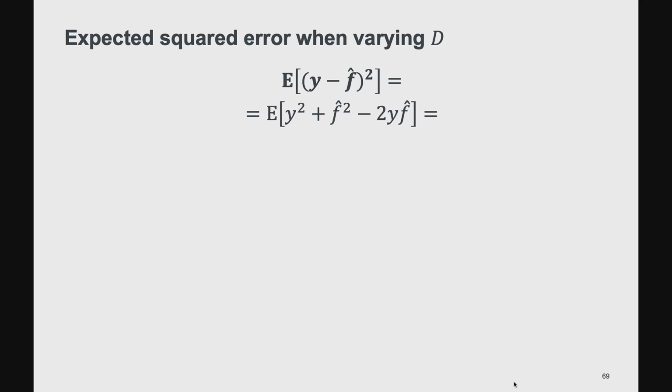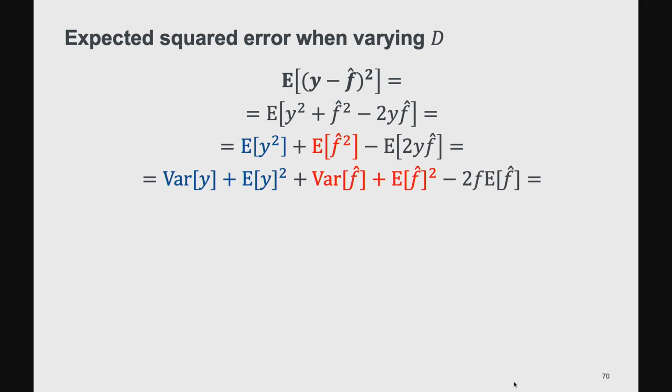And that's y squared plus f hat squared minus this term, right? Just binomial formulas, binomische Formeln in German. And well, we can take this apart. The expected value of y squared plus expected value of f hat squared minus expected value of this term. And now we take this apart